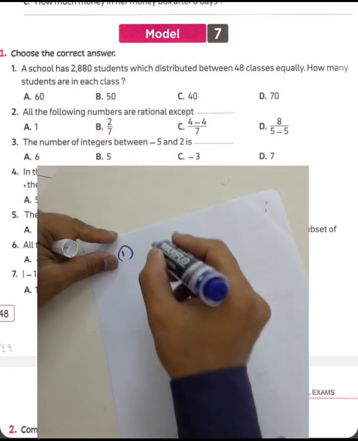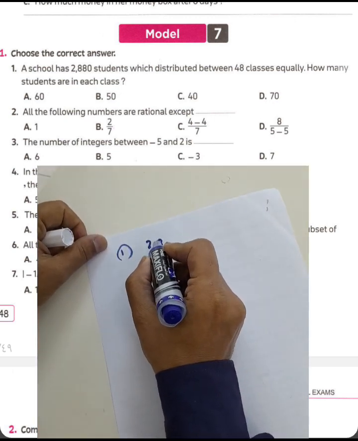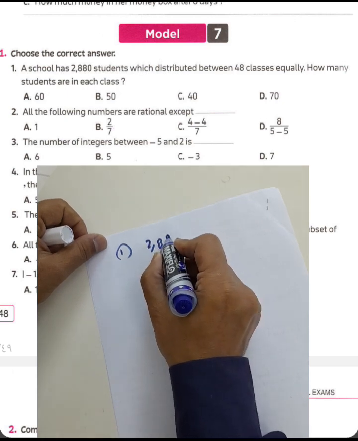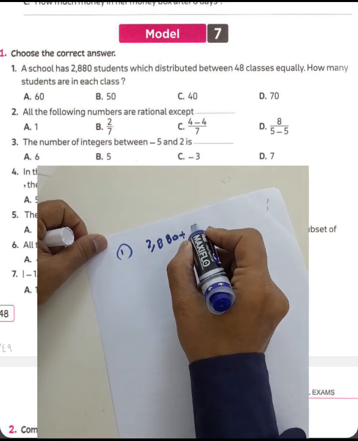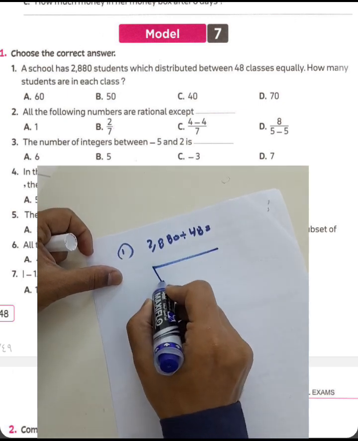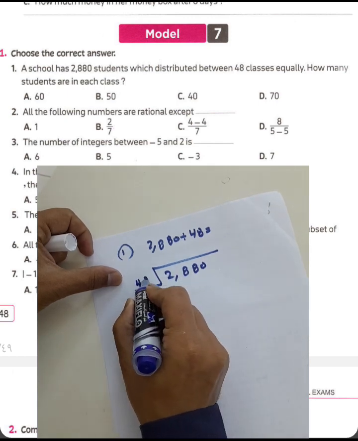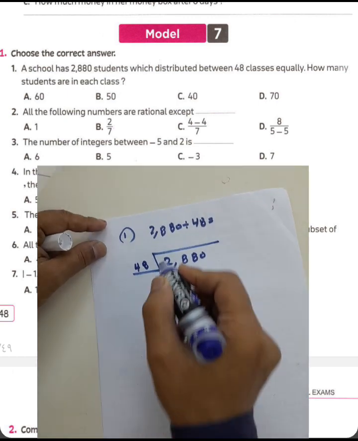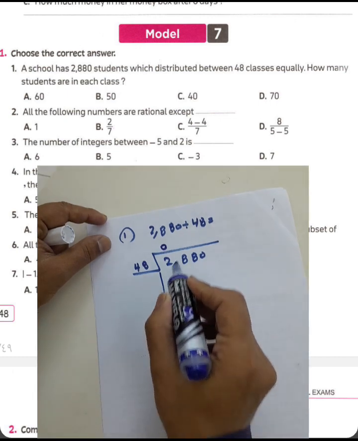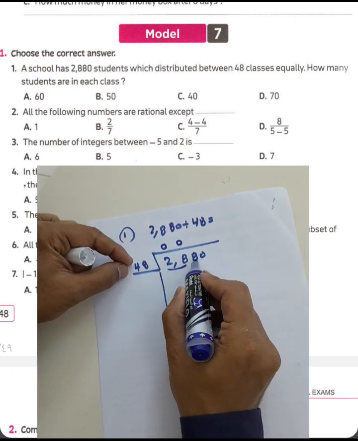Two numbers. The total number here, 2,880, divided by 48. We have 48 classes, right? 2,880 divided by 48. 2 divided by 48, we can't do it. And 28 divided by 48, we can't do, put 0. And the result will be